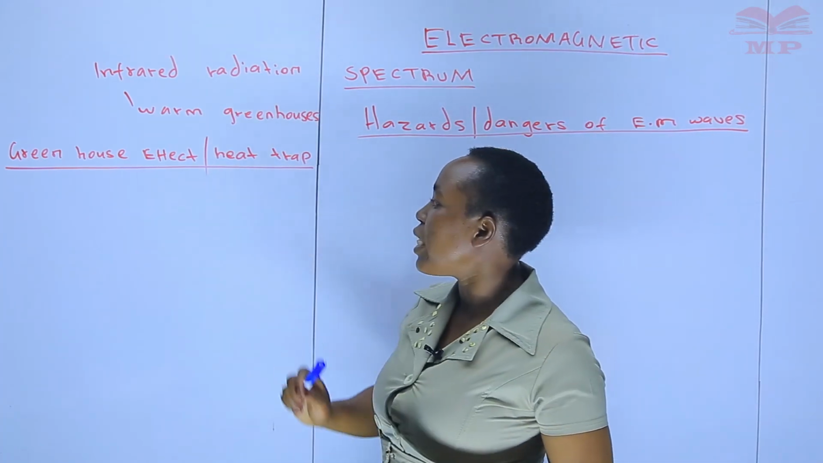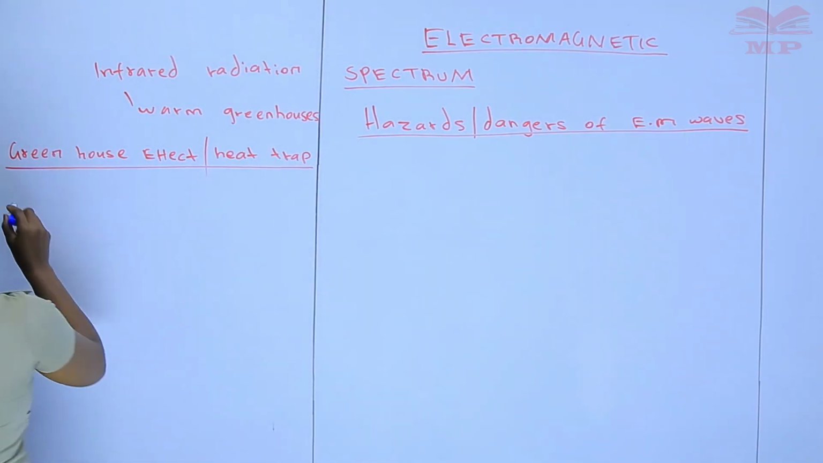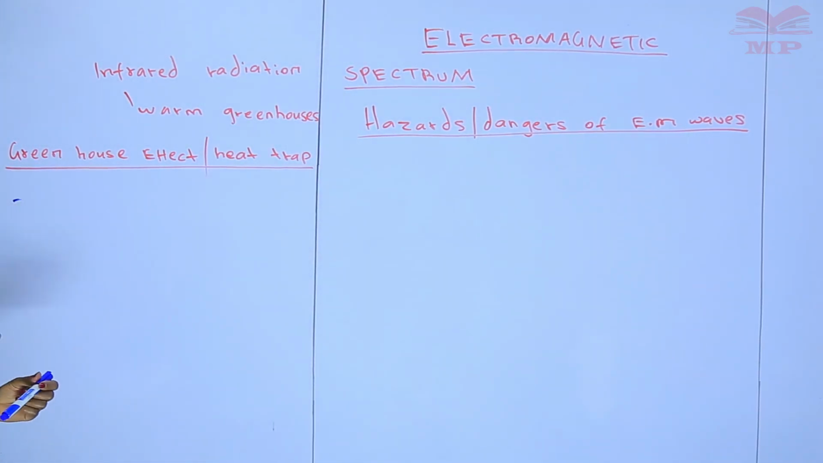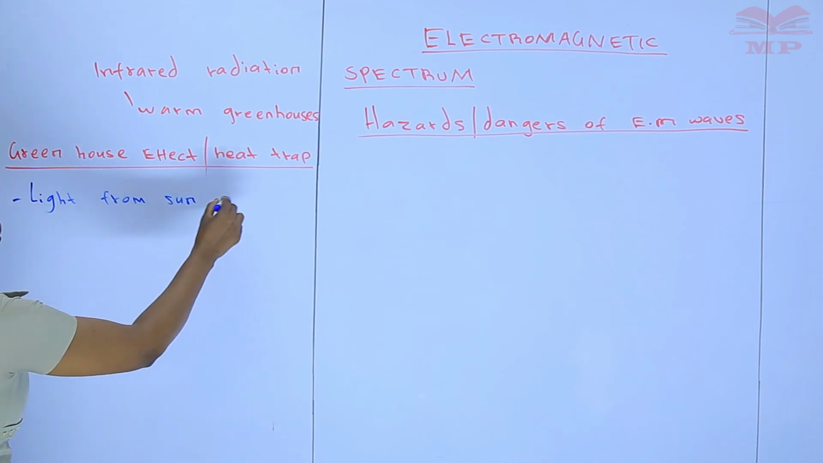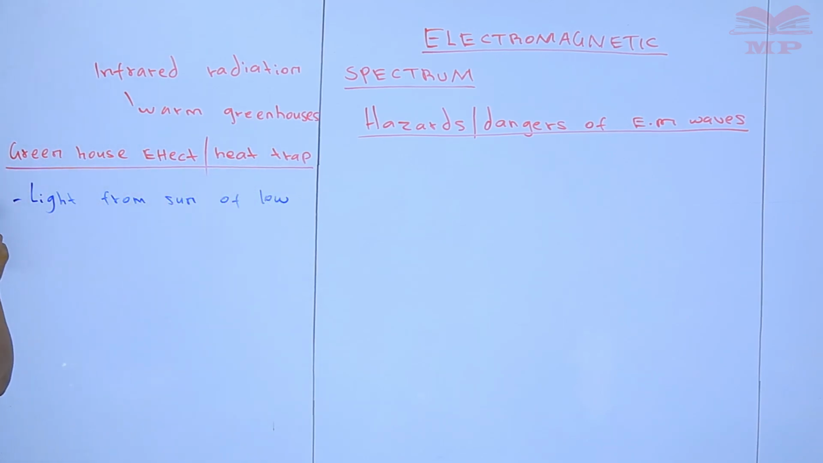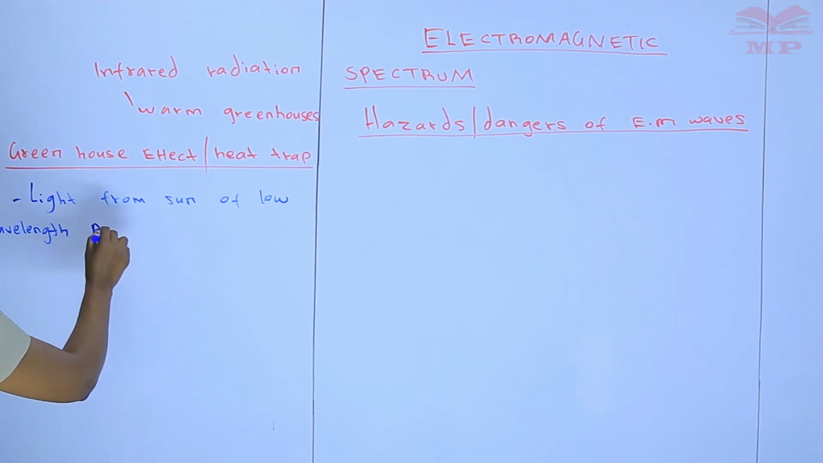Now, when we talk of the heat trap in the greenhouse effect, we have visible light from the sun, which has low wavelength. When it has low wavelength, of course, it has a high frequency. So light from the sun of low wavelength is able to penetrate the glass, the transparent glass. Light from the sun of low wavelength penetrates